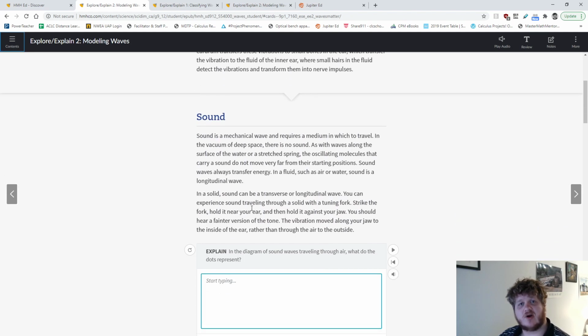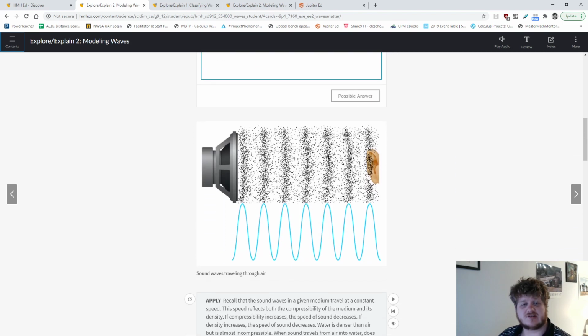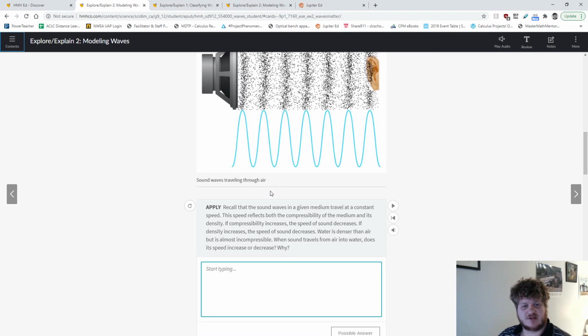You're going to be reading about sound in depth, and how waves of air travel through. If you look here, there are all of these dots. These dots represent air molecules. So if you play a sound, what's actually happening is you're creating waves within the air molecules, places where the air molecules are more densely packed and where they're less densely packed, causing vibrations. And